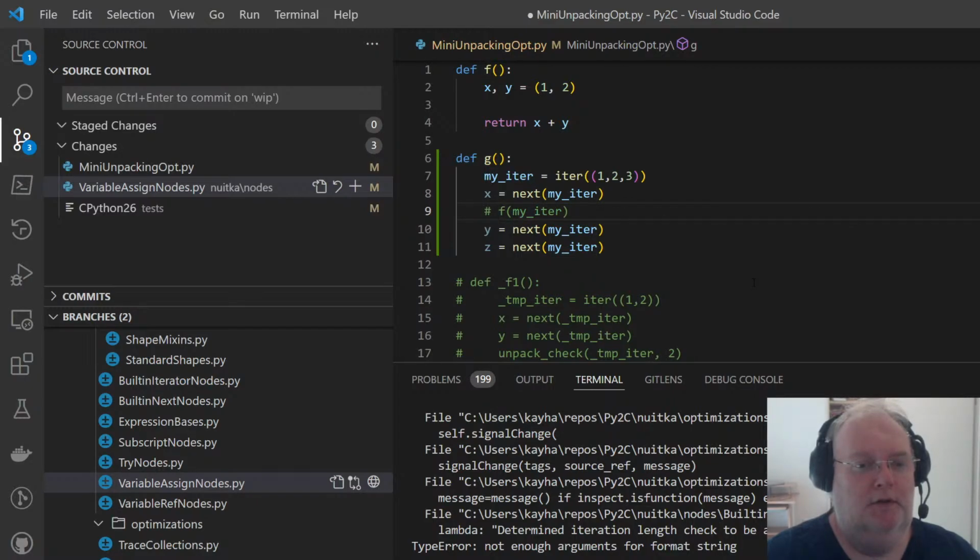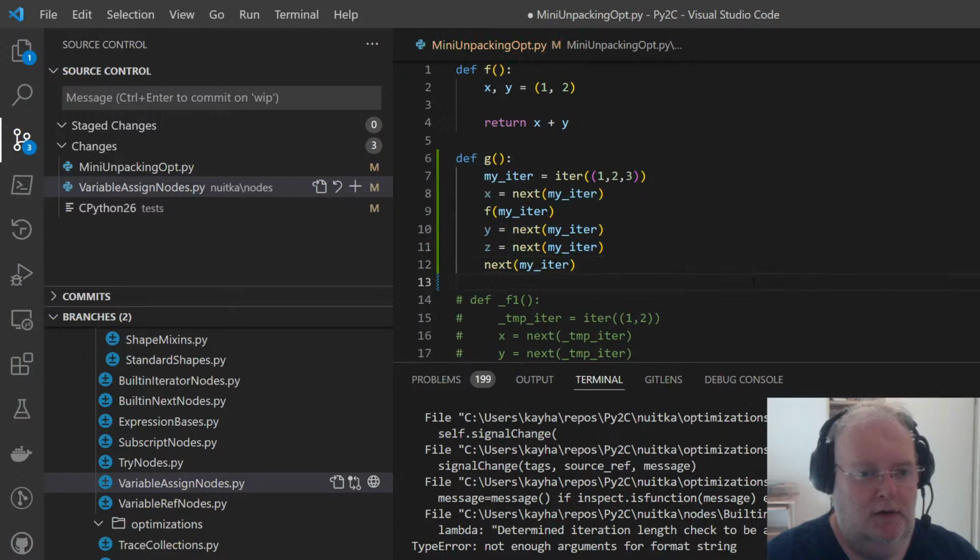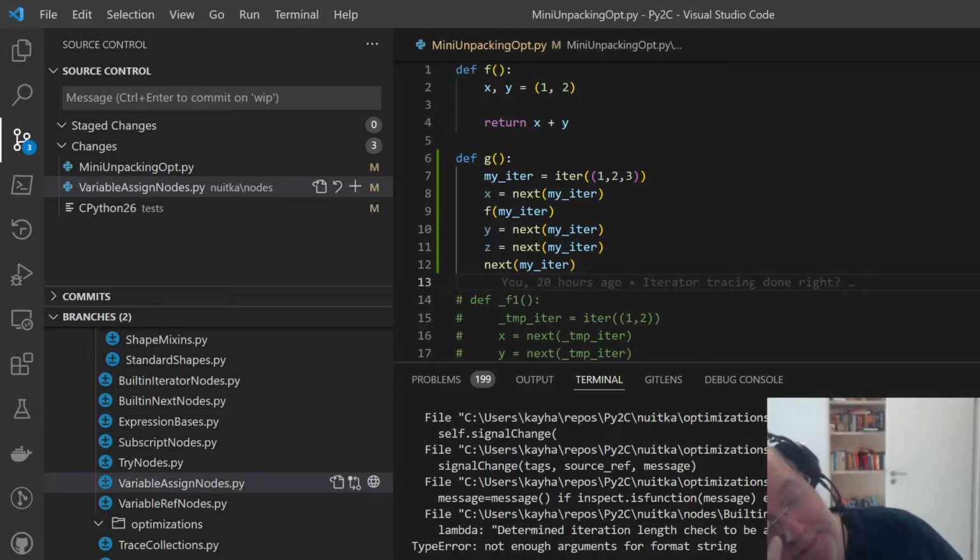Although that may actually happen, but it's still a statement. Yeah, this is where I'm stuck. How do I establish this in the existing structure?